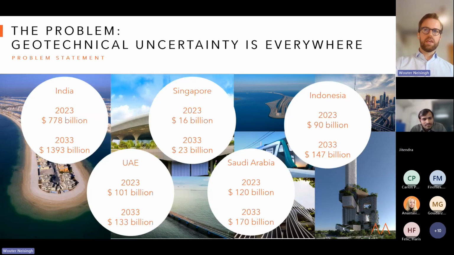So what you can see here is some of the landmark projects that we have in the region. Some are already completed, others are currently being constructed, and others are only in the planning phase. For example, some examples in India, such as the new airport in Mumbai, the Trans-Harbour Link, the Palm Islands in Dubai, the Peruri 88, a landmark icon in Jakarta, Indonesia, and Capita Spring, another skyscraper in Singapore. So let's take a closer look at the size of the construction markets in some of these countries. What we see is that